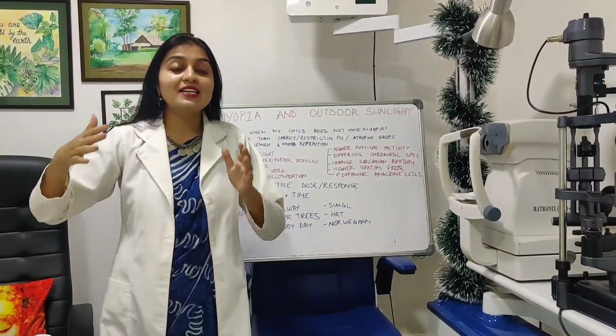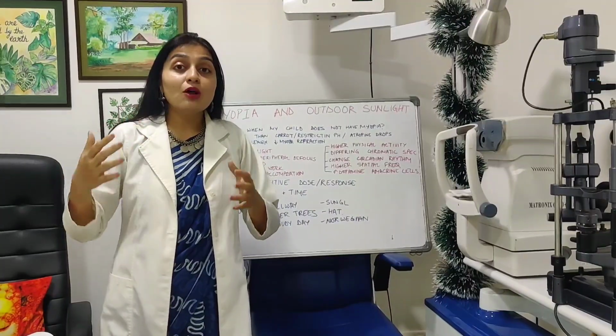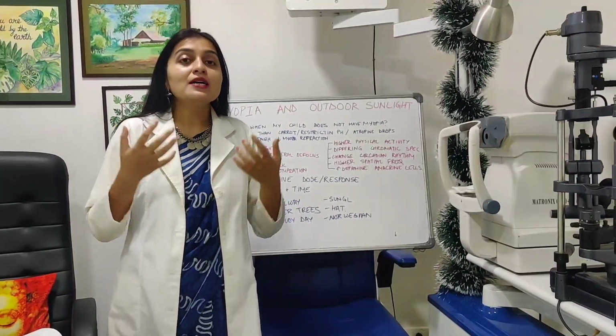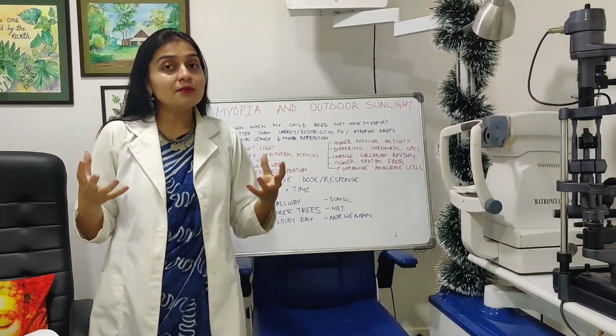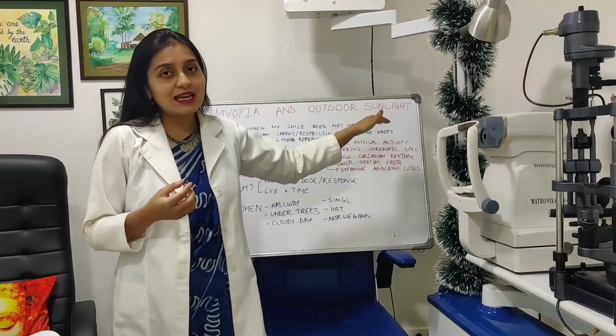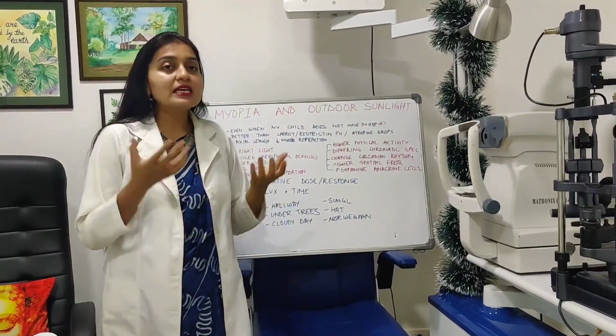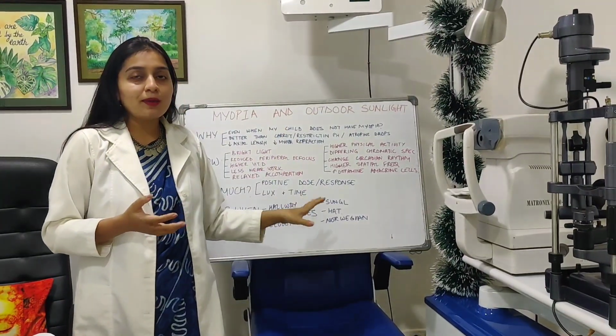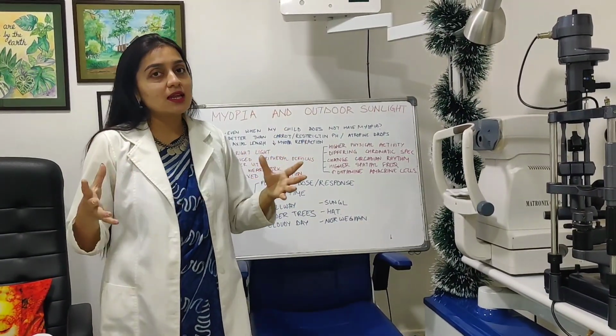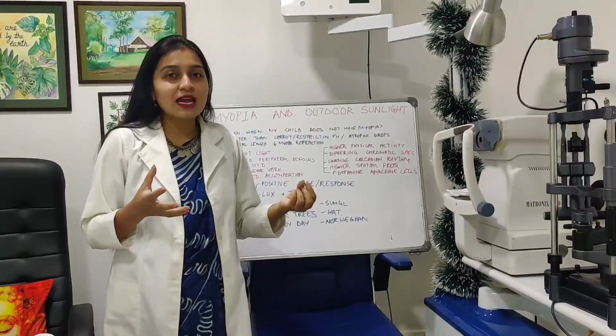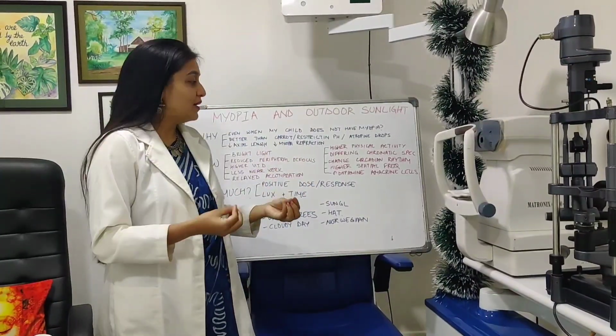Also, getting sunlight during the late evening hours will help to release melatonin and help your body prepare for sleep. So that is the circadian rhythm effect of outdoor sunlight, which you can benefit from without any effect on myopia. If you are thinking, I don't have the time, any time of day will work.